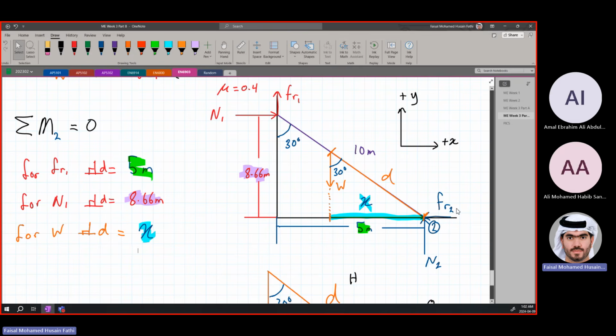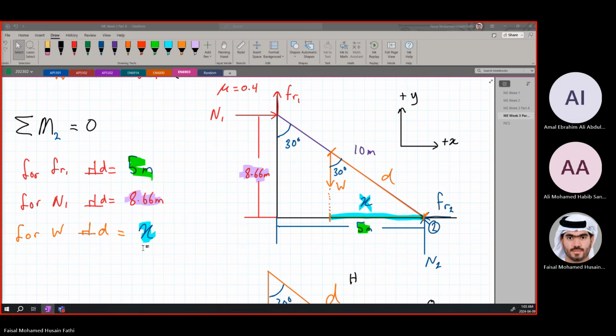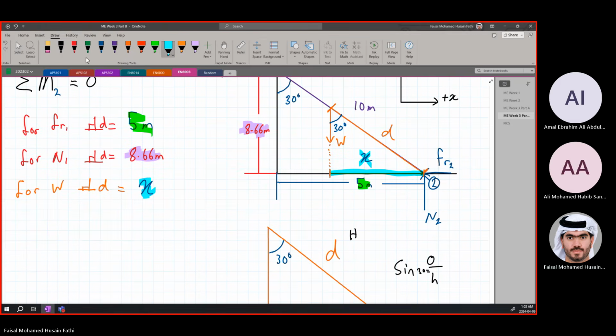Remember, N2 and FR2, their forces will cancel out because they don't have any perpendicular distance to this point. They're acting on the point itself. Now to finalize this, we can just write the moments equation. So sigma